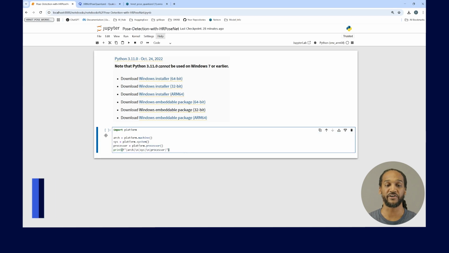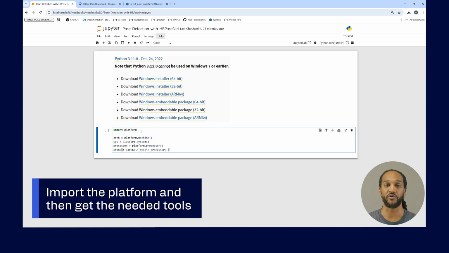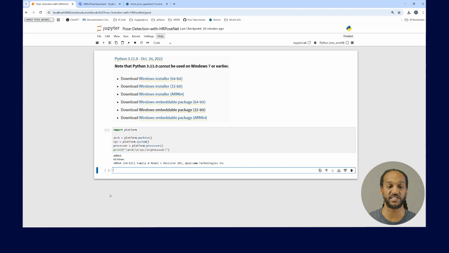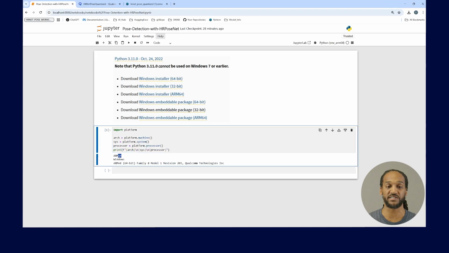So what we want to do first is import platform, and get all of our system information just to be sure that we are in the correct environment. So when we run this, we'll see that, okay, we are in fact using the correct environment. We're on Windows, and now we're ready to rock and roll. If you see AMD64, you are using an emulated version of Python,